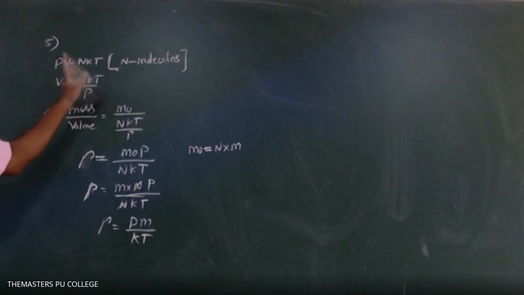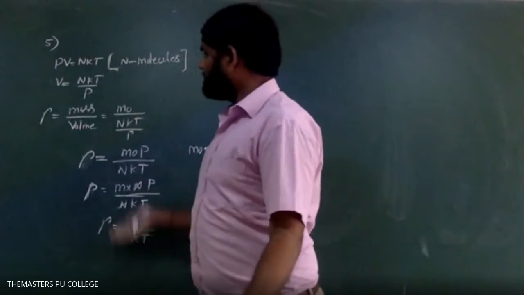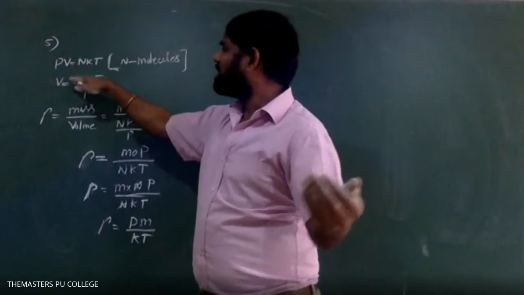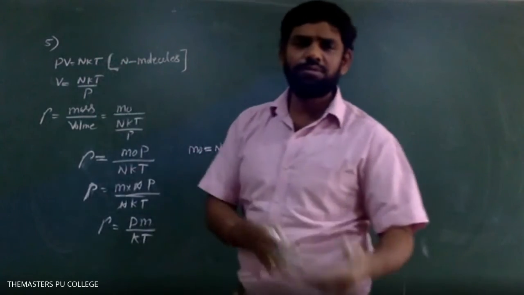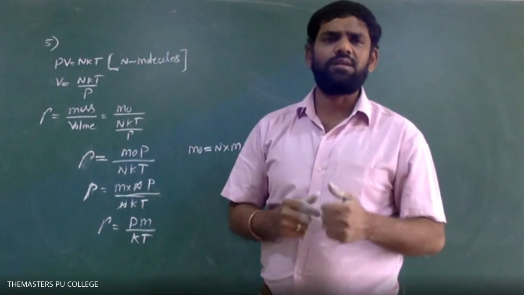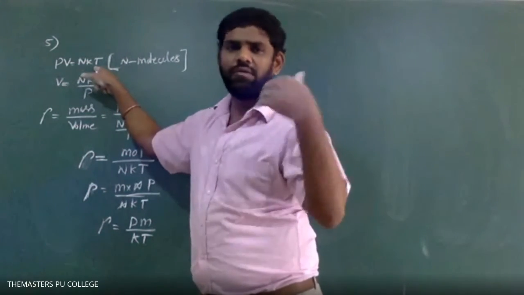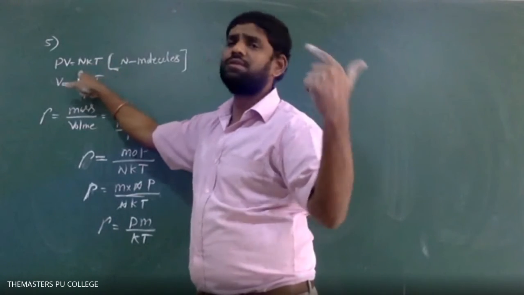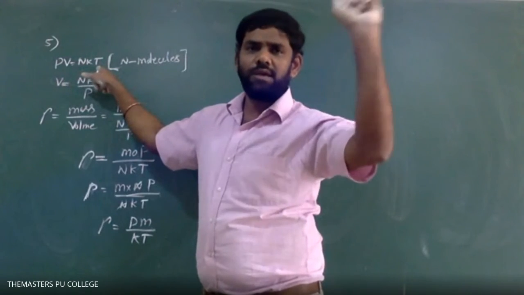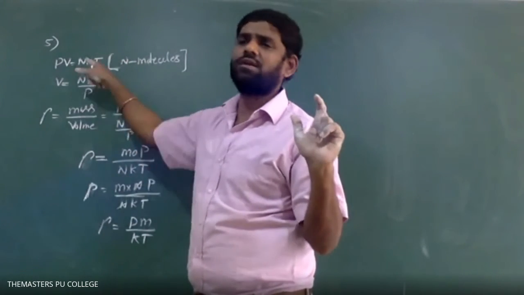Because of this only we have gone with a different equation: PV equals RT for 1 mole, PV equals nRT for n moles. Whenever this type of situation comes, we would need to discuss again how this formula came. That's why we have done all the necessary formulas required to solve the objective JEE numericals along with the concept itself. If we had not done it earlier, how PV equals NkT comes, you would again get the doubt about what N stands for and what k stands for.